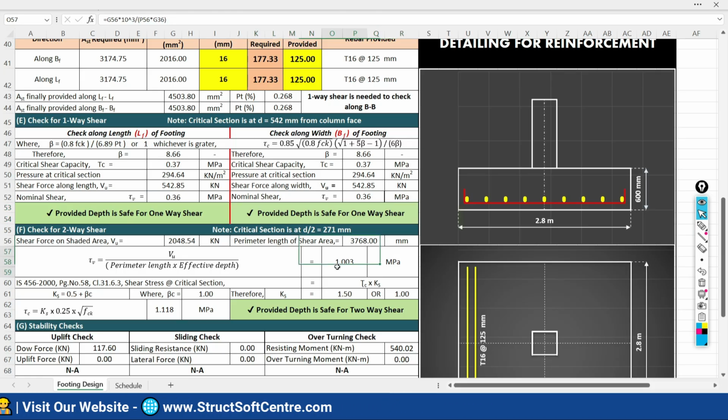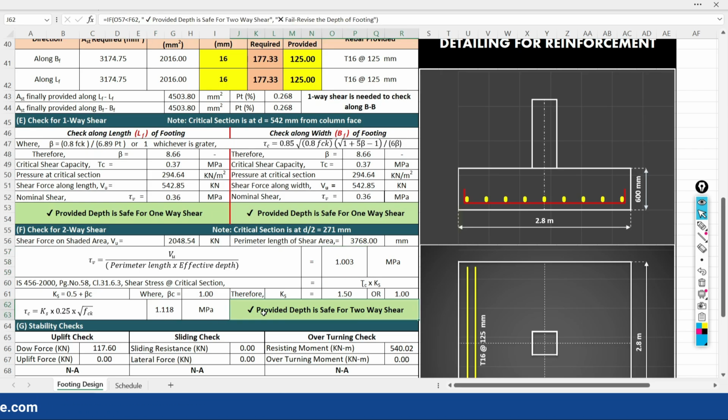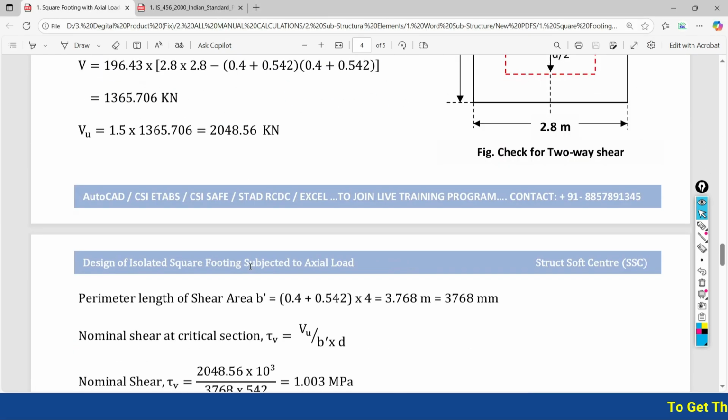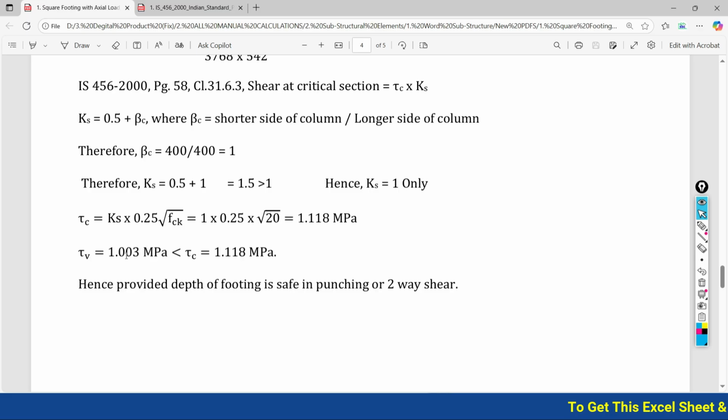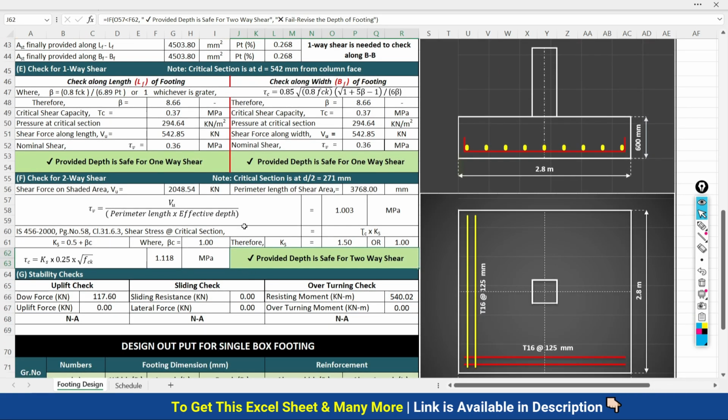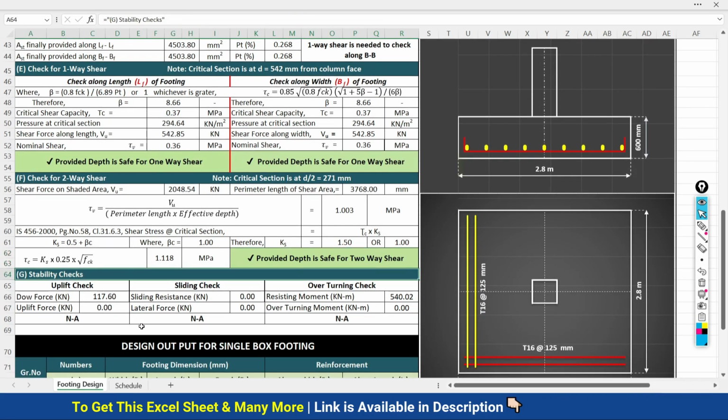So nominal shear 1.003 and your critical shear is 1.118. It is again safe. Provided depth is safe for two-way shear. In our manual calculation, it was also safe for punching, 1.003 and 1.118. It is all safe. Okay, so this is all done, and now the stability checks: uplift check, sliding check